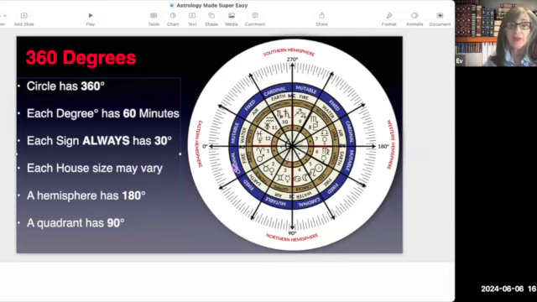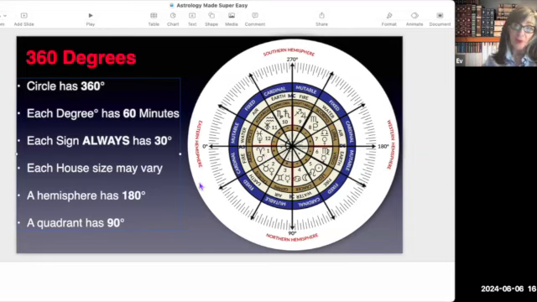There's cycles of modalities, cycles of elements, cycles of signs, and cycles of houses. And Pisces is ruled by Neptune. So that is the whole zodiac, each house and sign